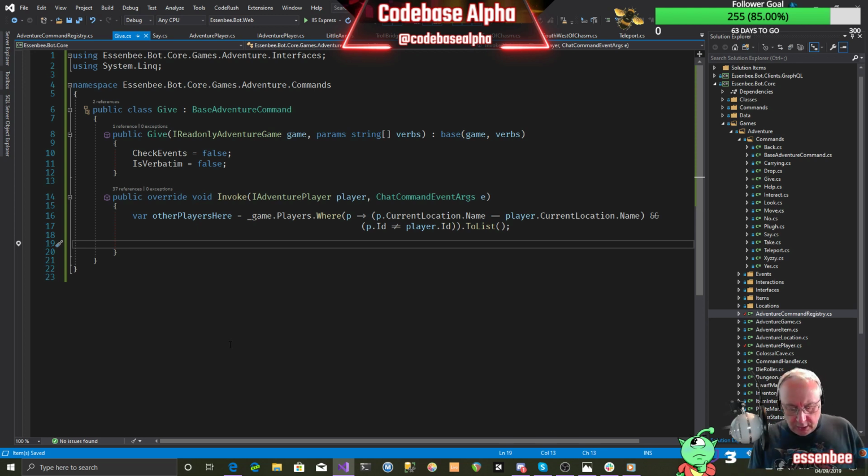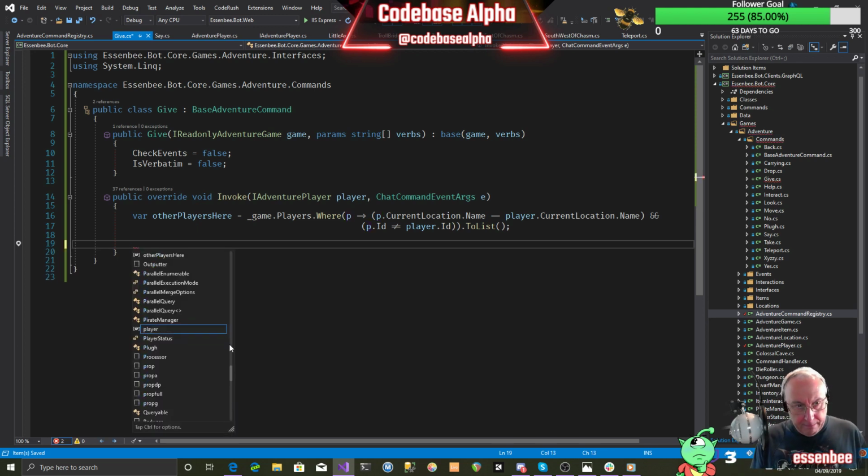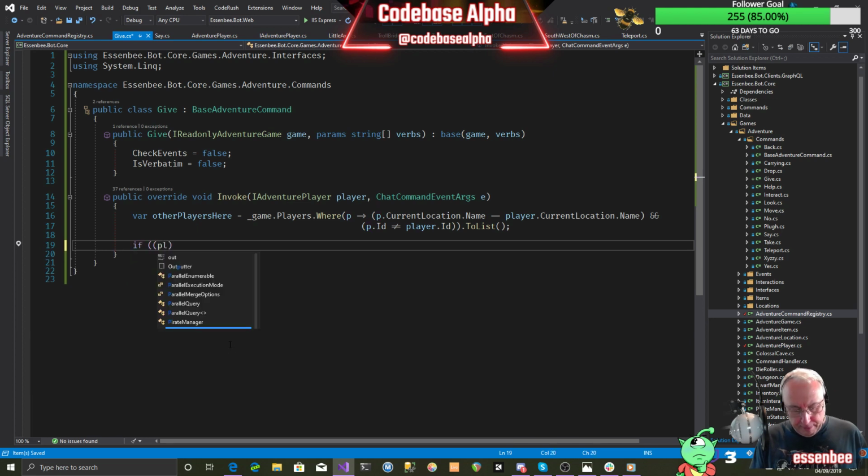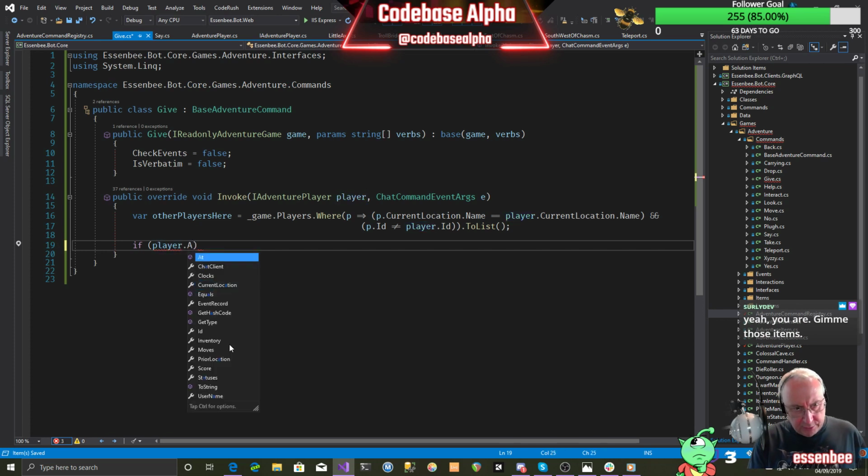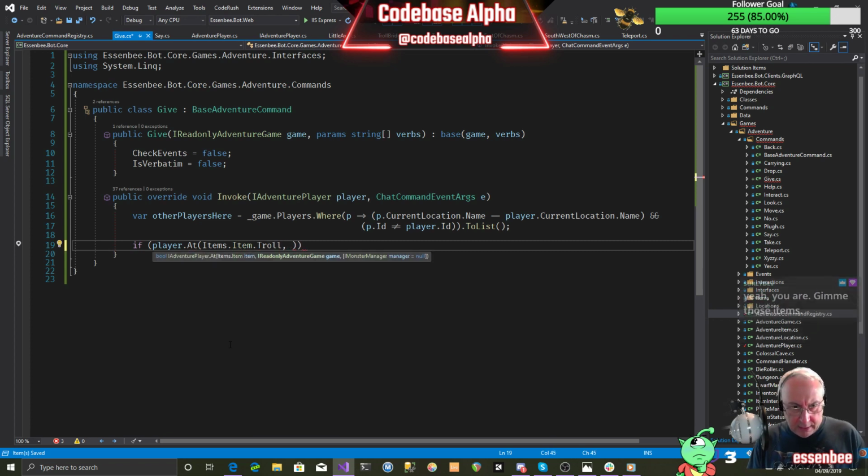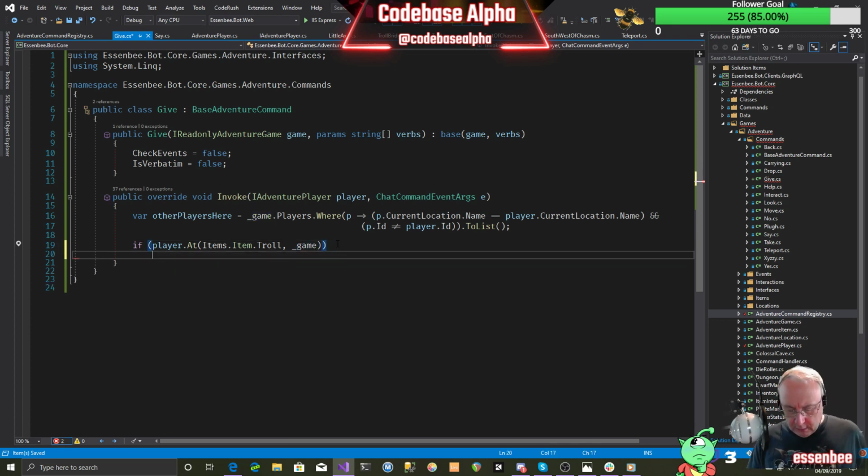So what we can say here is if player must go into CodeRush and fix that extra bracket that appears. So it's item dot troll, and we need to pass in the game, which is underscore game, and we needn't pass in a monster manager here. So if we're in the presence of a troll,